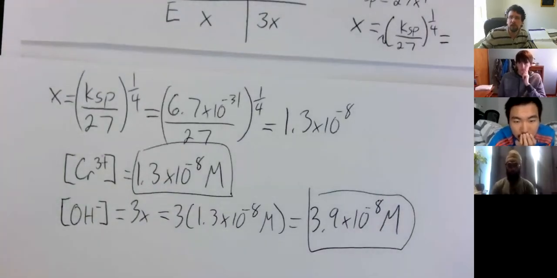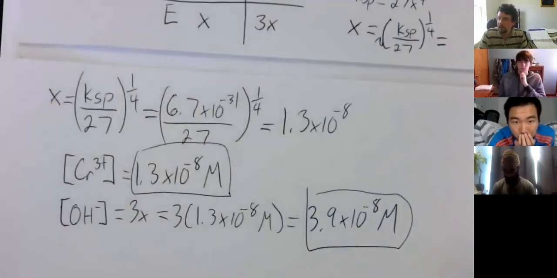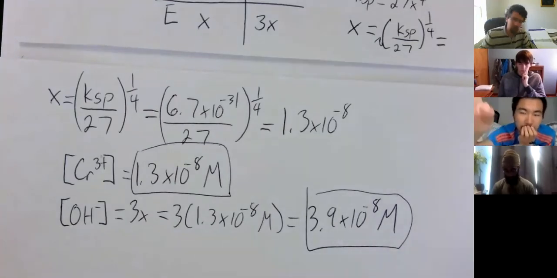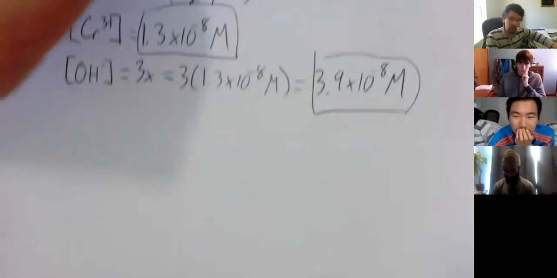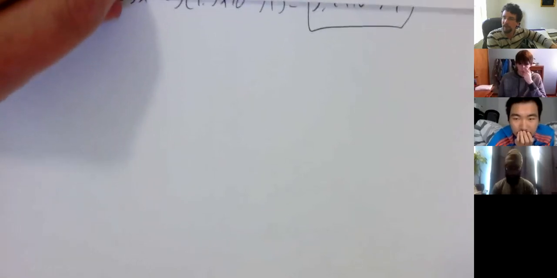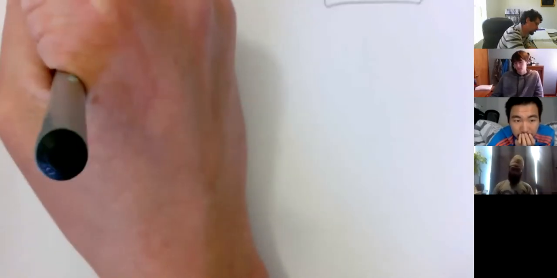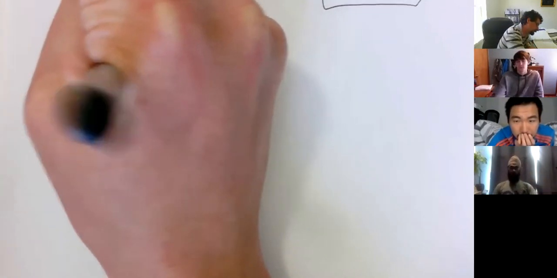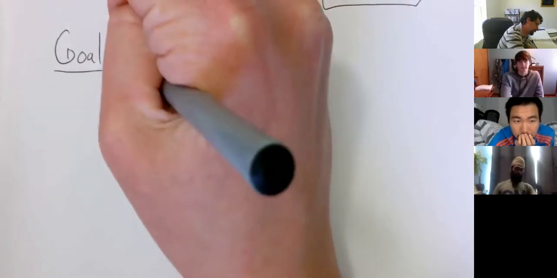Okay, so what you're going to be doing today is you're going to be using ICE tables. You're going to be using data from a titration to figure out a KSP value. Okay. So let's answer one of the pre-lab questions. What is the goal of today's experiment? Find the KSP of the